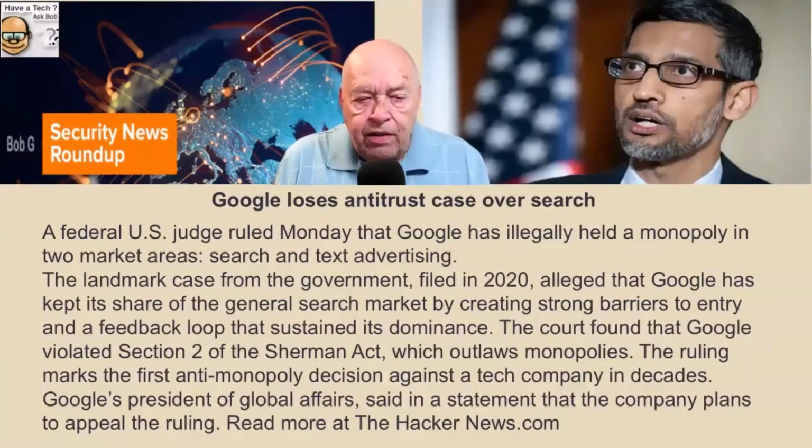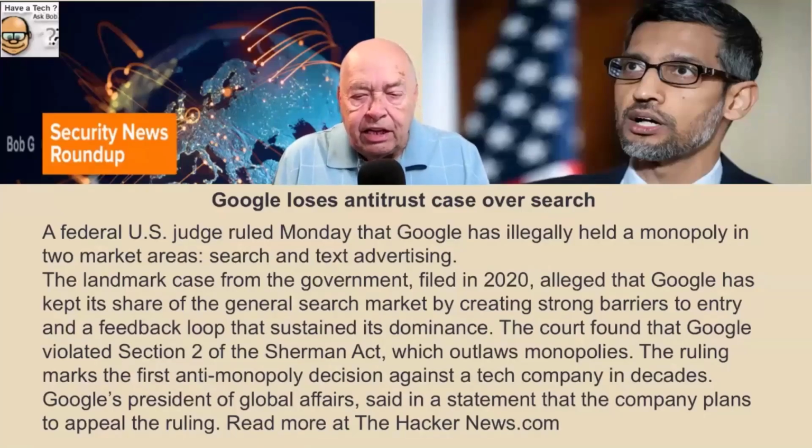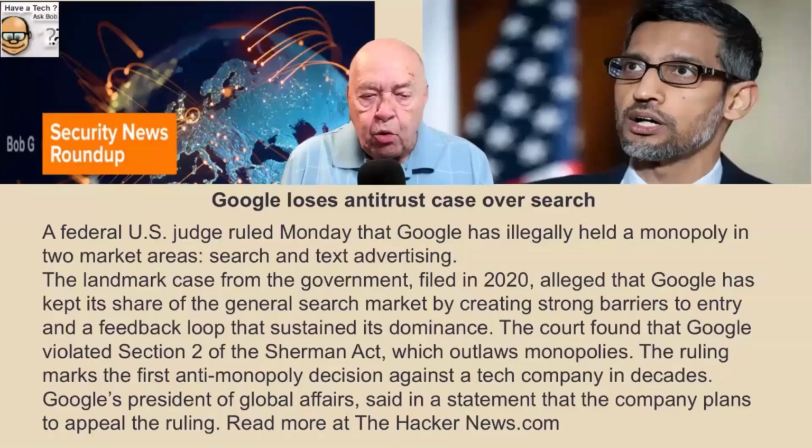The court found that Google violated Section 2 of the Sherman Act, which outlaws monopolies. The ruling marks the first anti-monopoly decision against a tech company in decades. Google's president of global affairs said in a statement that the company plans to appeal the ruling.